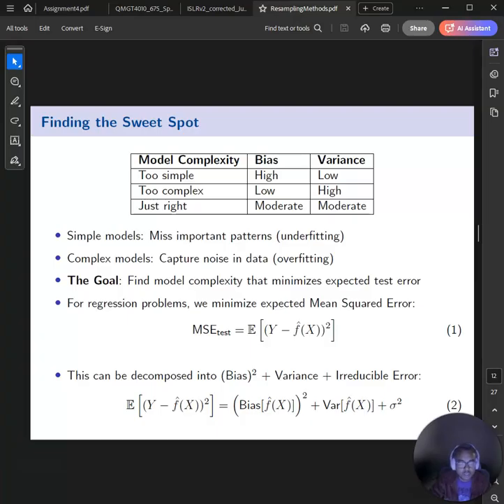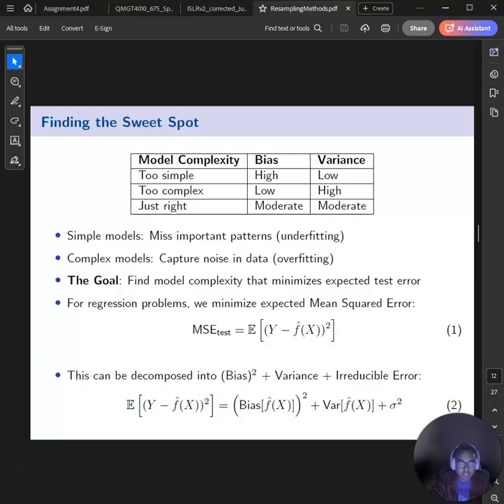When our model is too complex, it has low bias but high variance. It can fit the training data extremely well, but it's capturing noise along the way as well, and those noise are just random stuff that has nothing to do with the general patterns of the data. And this leads to overfitting. The goal is to find a model with moderate bias and moderate variance, a model that is just right